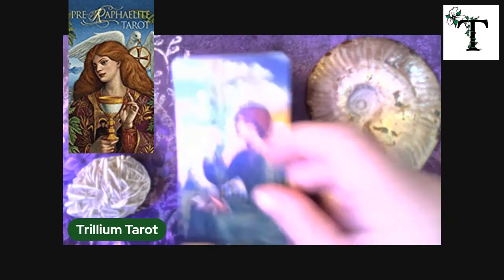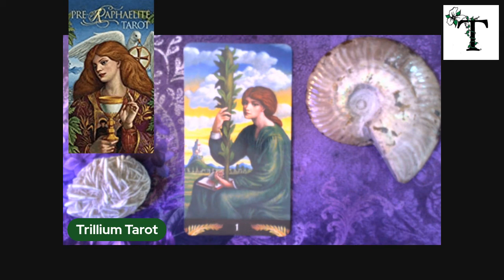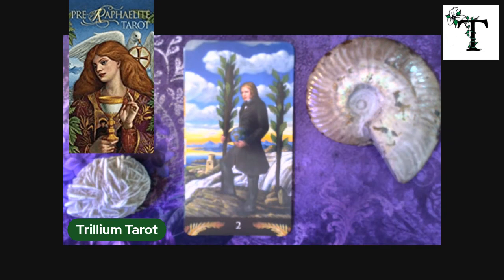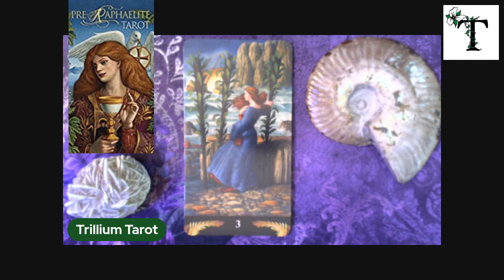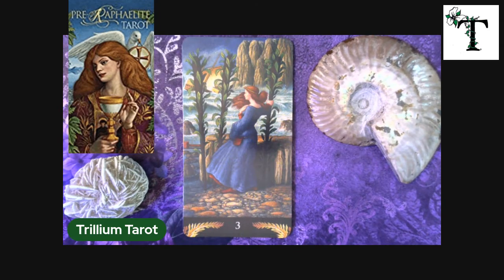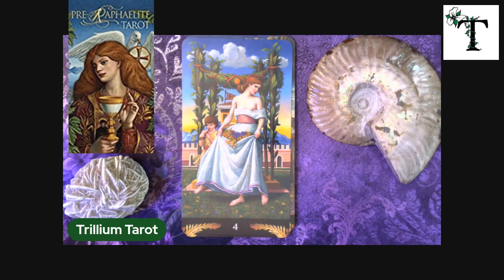So now let's look at the suit of Wands. There's the Ace of Wands, the Two of Wands, the Three. I like that one because she is in her castle, in her secure location, looking out at the storms outside the walls. We have the Four of Wands,